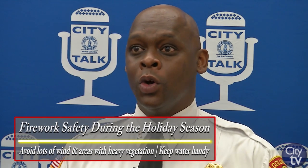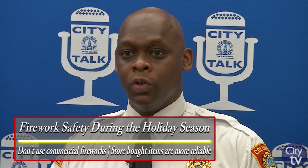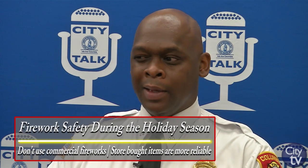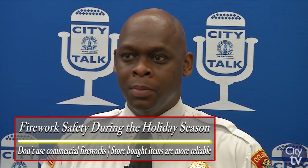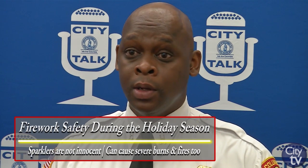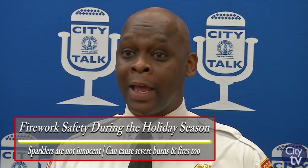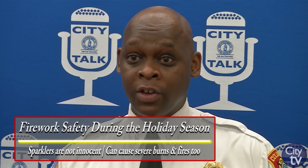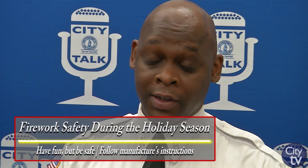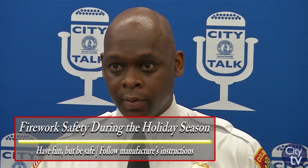And also, you don't want to use commercial fireworks like you see in big places. You want to use the ones that you purchase at the store. These sparklers look innocent, but they get up to almost 2,000 degrees. So they're very dangerous. It takes 900 degrees to melt glass. So to give you an idea how dangerous that is, the little sparklers that people use and run around with, you can really get burned real quick, and you can start a fire. You always want to do it according to the manufacturer's